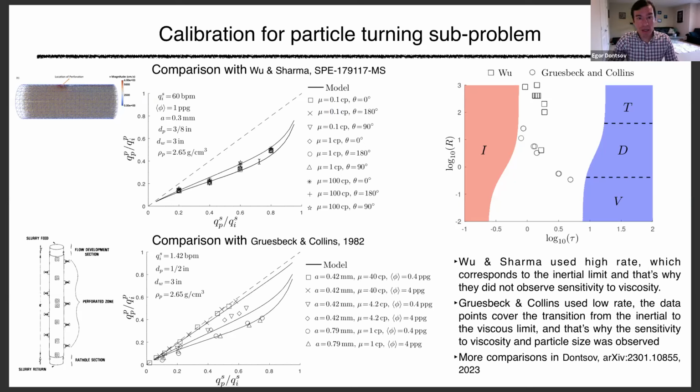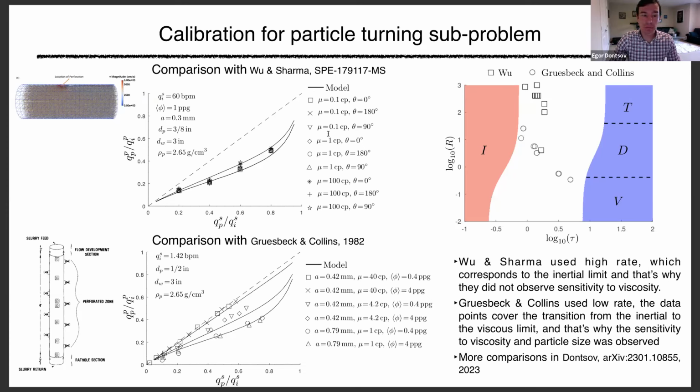Okay, and why? The reason is that if you plot them on this diagram, they're all very close to this inertial regime. So the particles turn really, really quickly for the parameters that they use, as shown here. There is basically not enough time for drag force to kick in. Also, they're close to this turbulent zone. Once you're in this turbulent zone, the turbulent drag doesn't depend on viscosity, right? So that's why we see almost no variation with respect to viscosity,